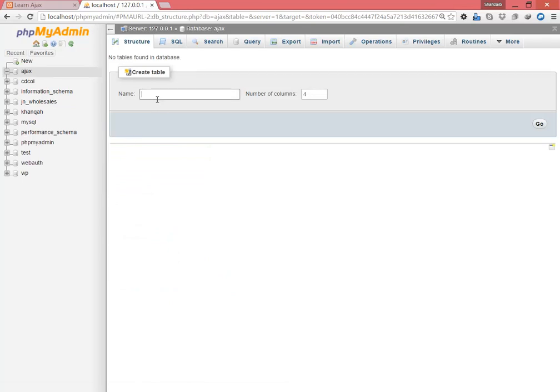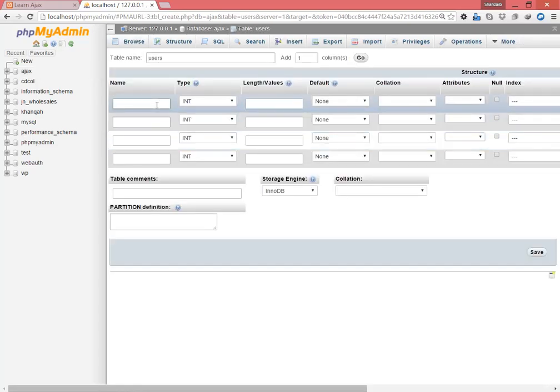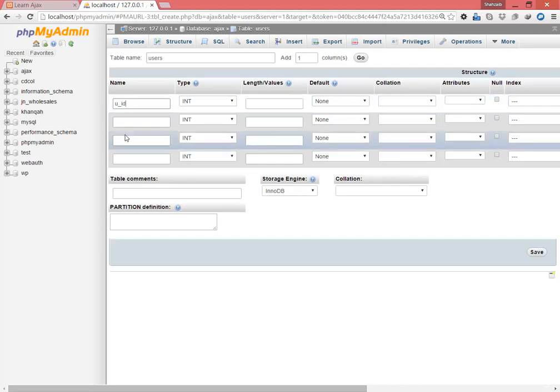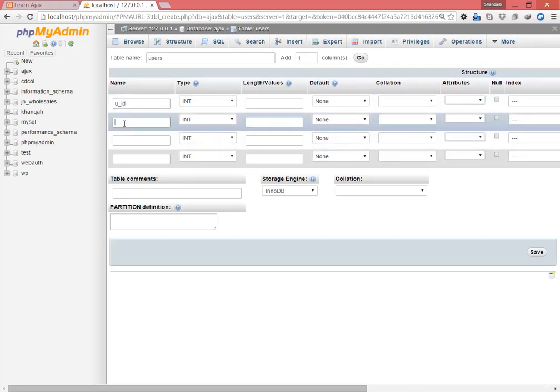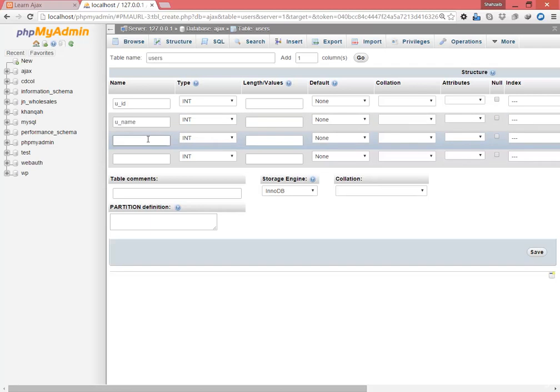I'm just naming it as posts, or no, sorry, not posts, users is perfect, users. Now how many columns will we require, and just click on Go. Here for the first one, the UID, the ID is really important, and the second one I'm typing here, the uname, and the third one as uemail, user email, and the